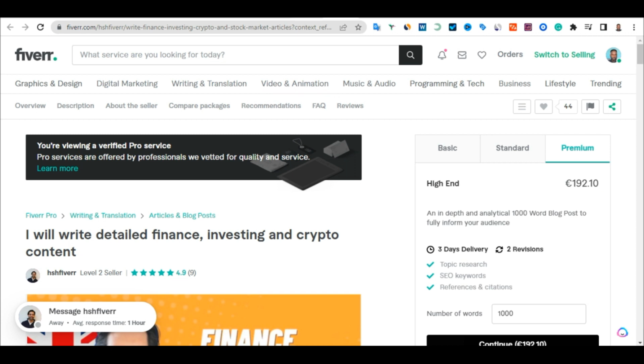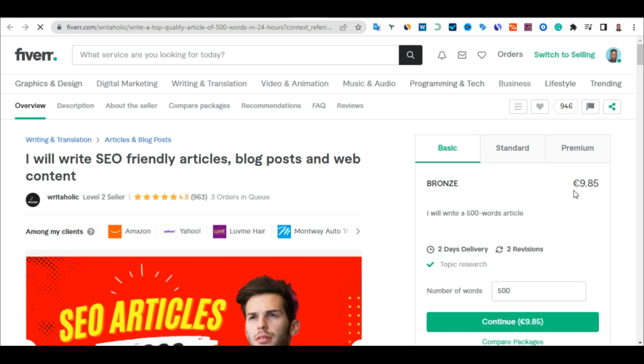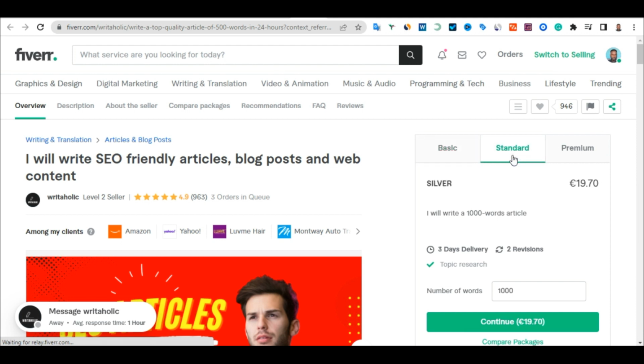And if you go again to another seller here, let us go to another seller. This seller is offering 9 euros, which is let us say $10 for this 500 words. You see the other person is offering 100 euros for 500 words, but this person is offering 9 euros for 500 words, and his standard plan is 19.